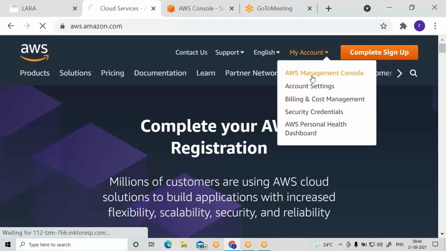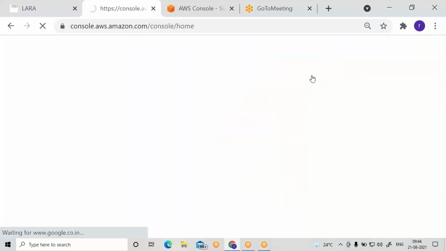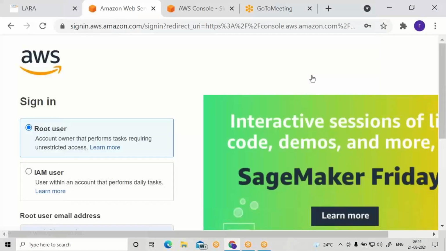In your system, you can see sign in anywhere. If you are seeing sign in, click on the sign in.